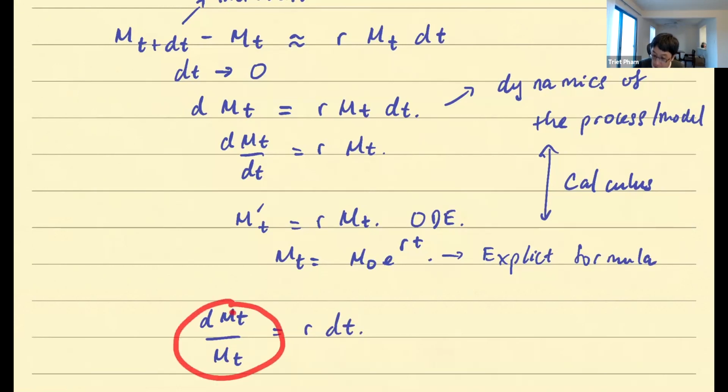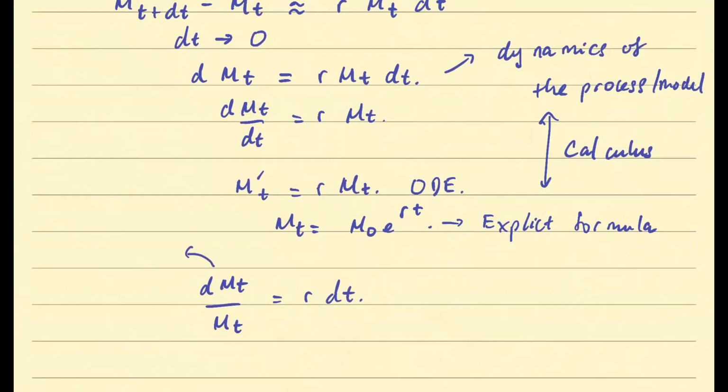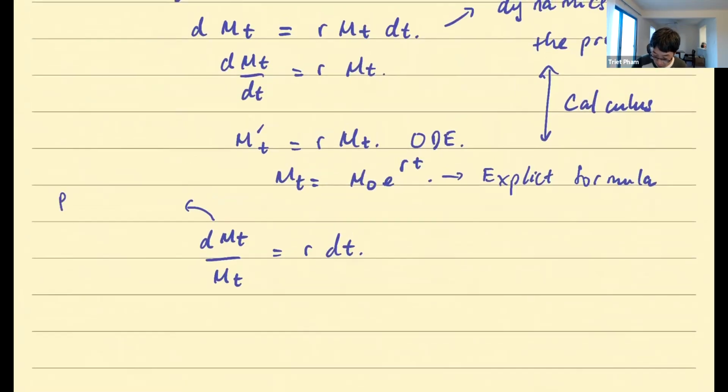Do you recognize this quantity and what it is called in financial terms? Return? Percentage return, right? Return is okay, but better is percentage return, because there are two types of returns around. So exactly, it says the percentage return of the money market account is exactly the interest rate, scaled by time, because interest rate is usually quoted annually or something.